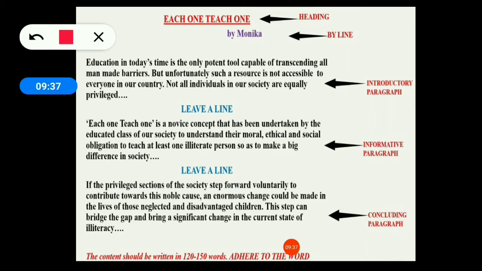Here is an example of article writing. See students, at first you have to write heading in this way, then you will write byline. If it is for your class, then you will just put comma and then you will mention your class, and then section. It could be commerce, arts, any section. Now you'll start with first paragraph here, then you have to leave a line. Whenever you change paragraph, you cannot just leave small space out here. That is totally wrong. You have to leave entire line and then you will start with another paragraph.